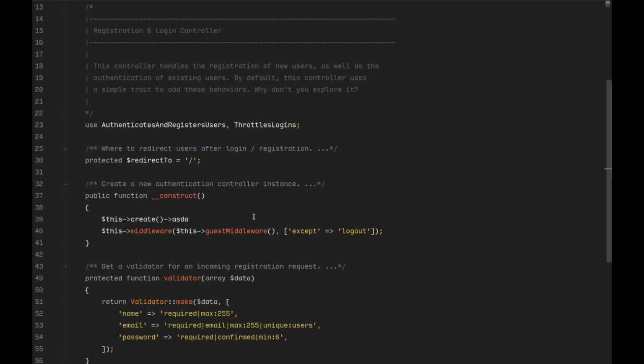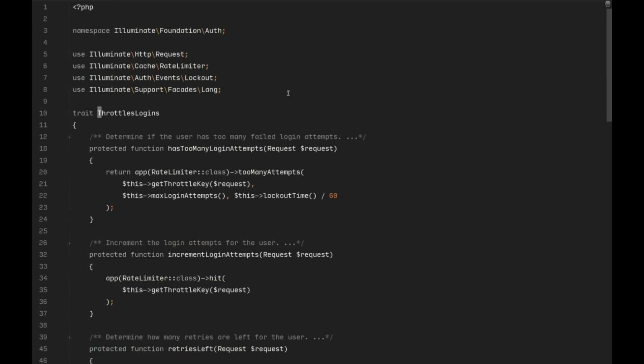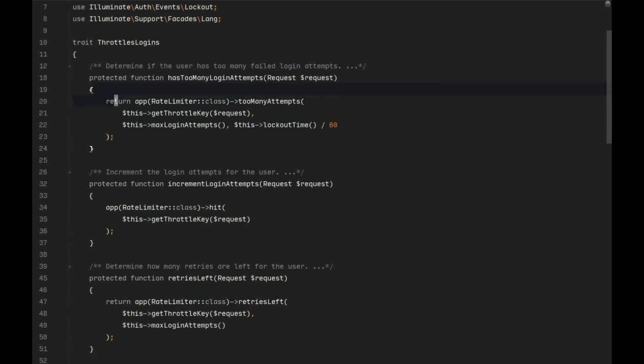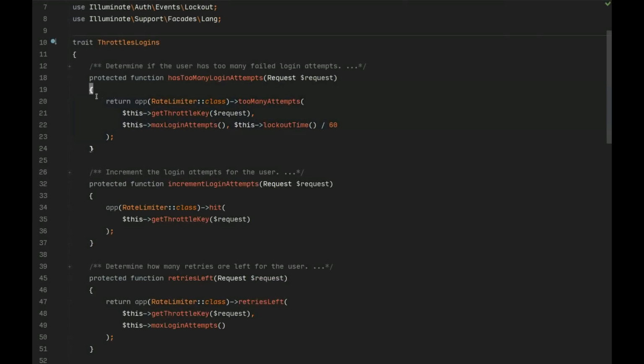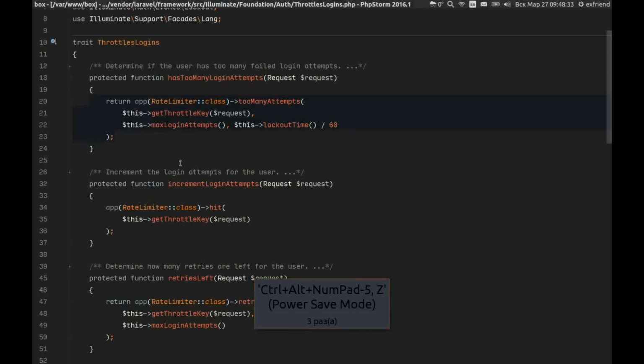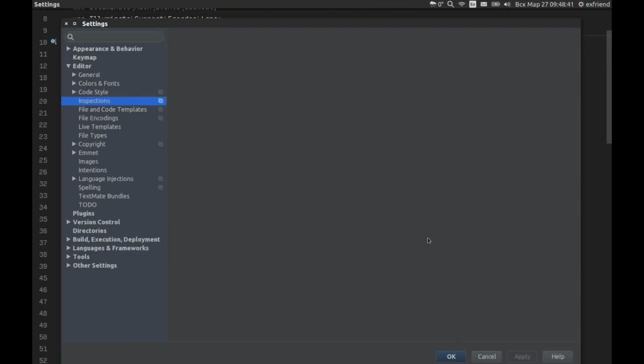There is one more thing about Power Save Mode. When you are in Power Save Mode and you open some file, you may notice that it's not highlighting your code anymore. To turn on highlighting, you simply turn off Power Save Mode. And once you get this rendered, you turn Power Save Mode on once again. If you don't want to do that manually, you can assign a shortcut.